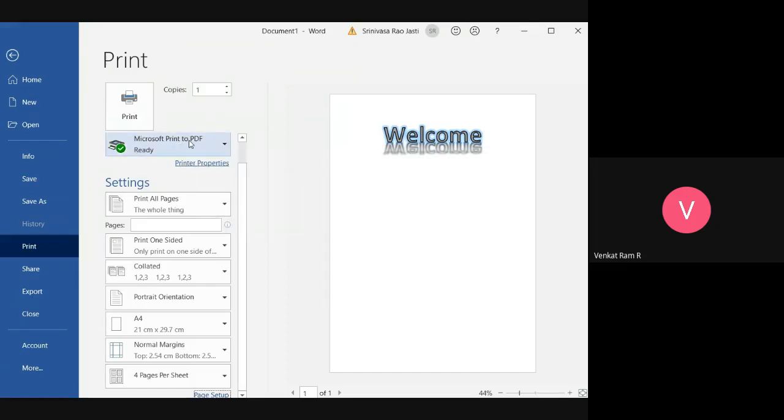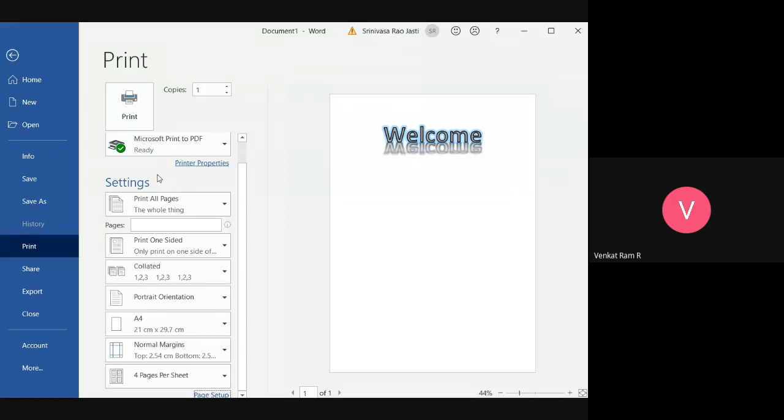If you just click on the print PDF option, the document will be changed from Word to PDF. What is PDF? Where we can't make any changes. If you are giving in Word, we can make any changes. But if you make it a PDF, then you can't make any changes inside that. Okay. It cannot be edited. Once you make a paper into PDF, you can't edit it.